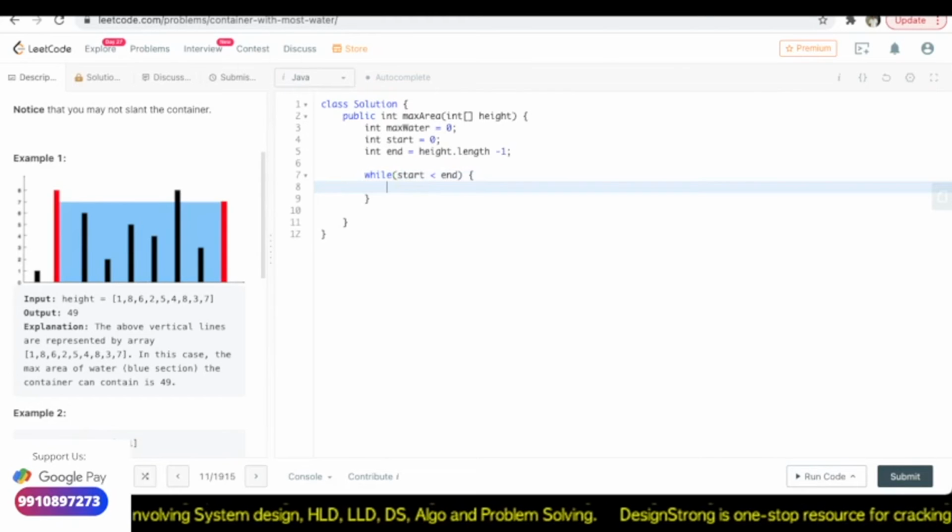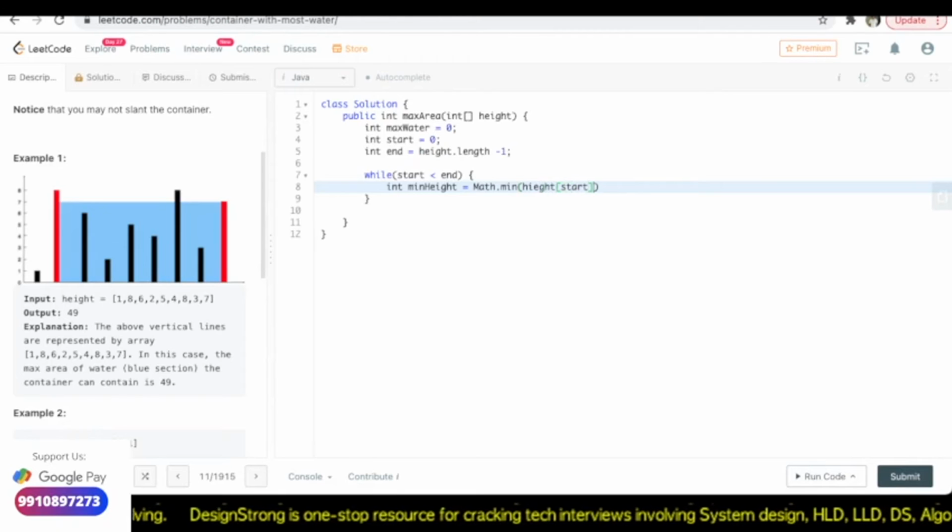And what I will do is I will have to find a minimum height. So minimum height will be Math.min of height array at start, comma, height array at end.